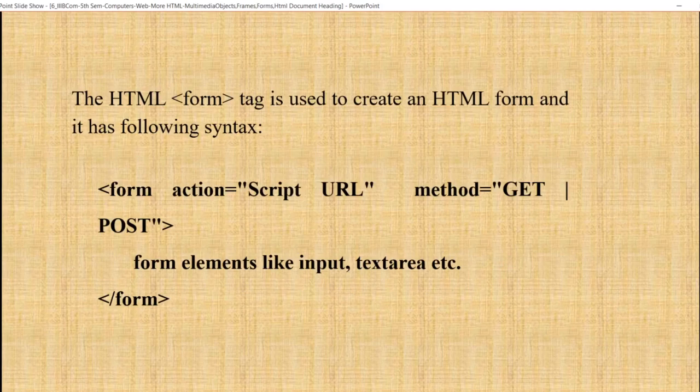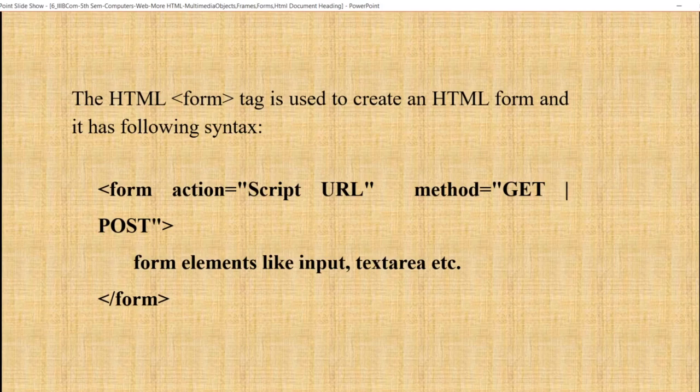This is the syntax for the form tag. form action equals to script URL, method get and post. This tag is used to create an HTML form.